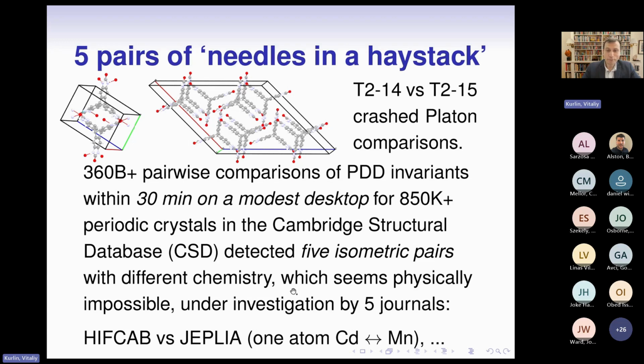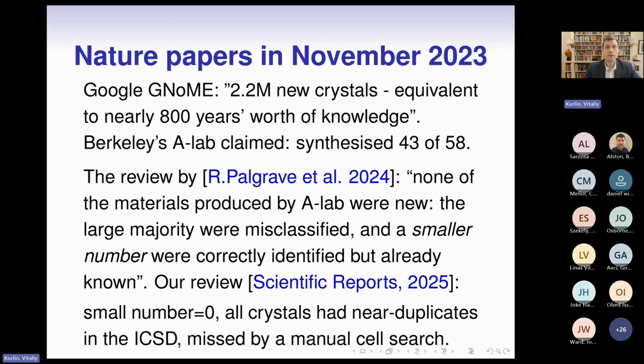So that's why all these pairs that we found already several years ago were under investigation by several journals for data integrity. Okay, so a more recent story. In November 2023, Nature published 2 papers. Some of you might know Google's GNoME dataset, this big claim, and Berkeley Lab, which claimed to synthesize 43 predictions. Of course, chemists were skeptical from the very beginning, and this is the review concluding that none of